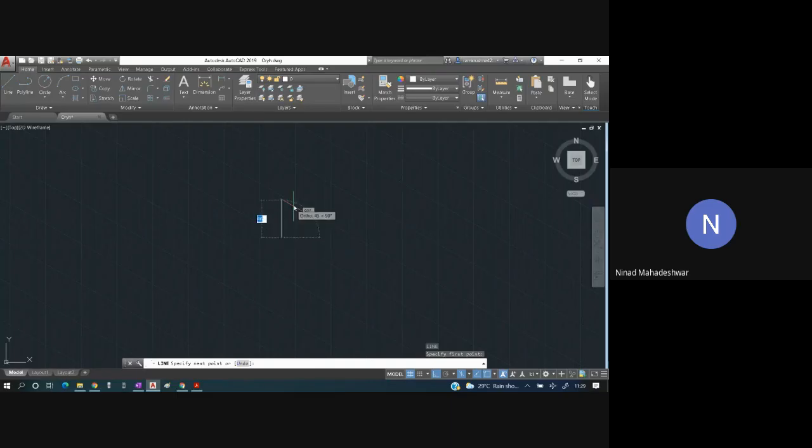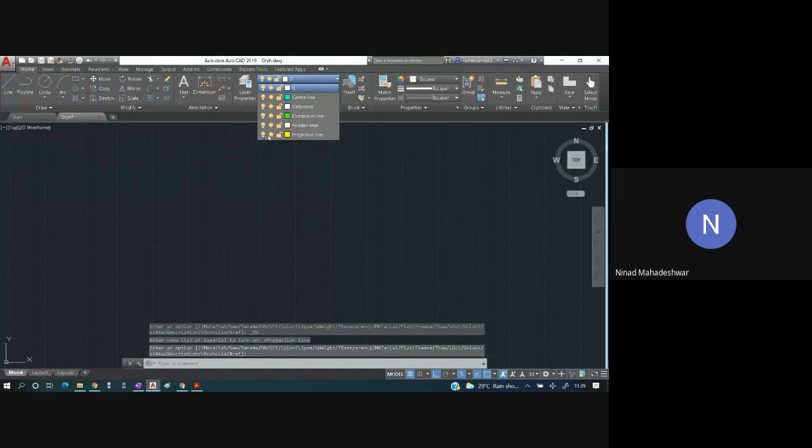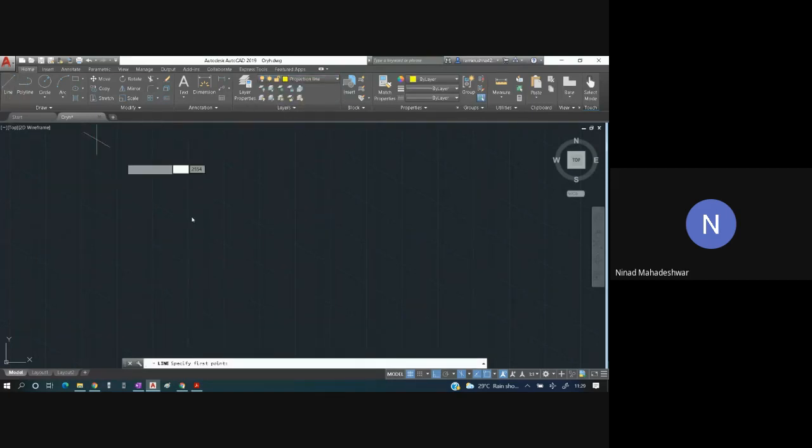Okay, so I have clicked a point. Now one mistake I have done, which is I have not selected projection line. So I'll select projection line. I'll select the line over here, and then I'll go up by 50 mm. Why 50 mm? Which is the height of that entire part.